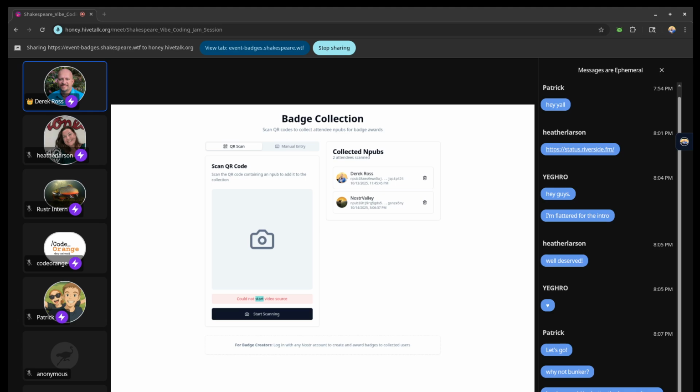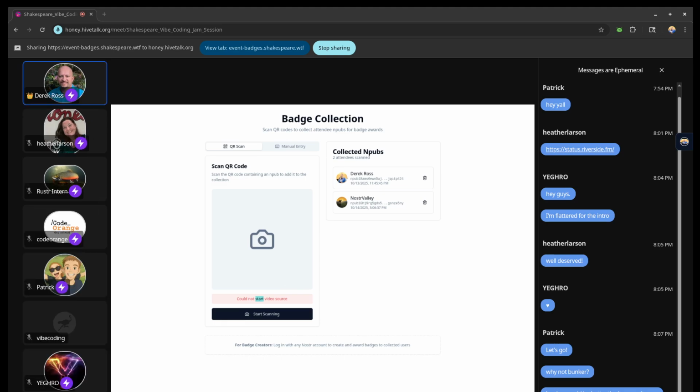They open up their Damus or their Primal, their Amethyst, and so forth. They tap the QR code and you scan all the QR codes, and it adds a big long list of all the npubs that were collected, and it just stores them locally in memory. And then,